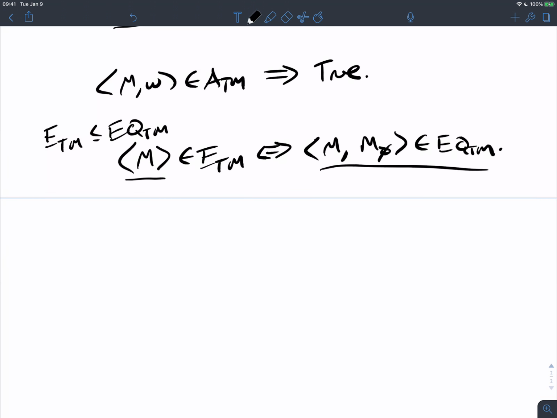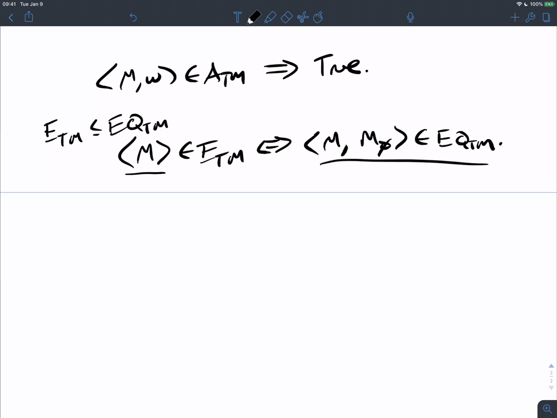So the opposite of that is, if ETM is not decidable, which it is not, then EQTM is not either. That's because if A is undecidable and A reduces to B, then B is undecidable. A is going to map to B, and it's going to keep its undecidability within B, which means the answer is preserved. That's the key here. Since the answer is preserved, then we can actually do the contrapositive here. And so the decidability will hold there. Okay. But